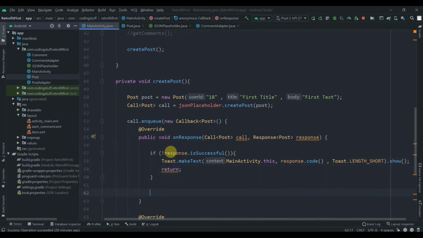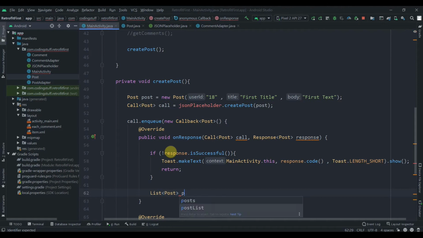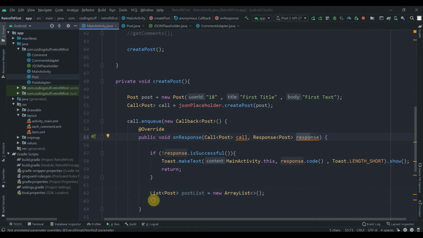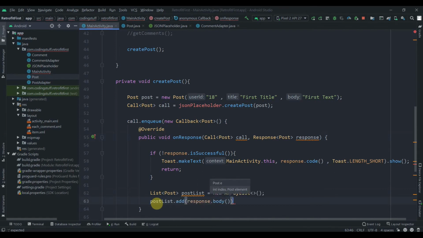And if nothing goes wrong, we'll create one list of post, and name it post list equals new array list, and we just have one data that is contained in this response. So we'll use post list and add the response there: post list dot add, response dot body.